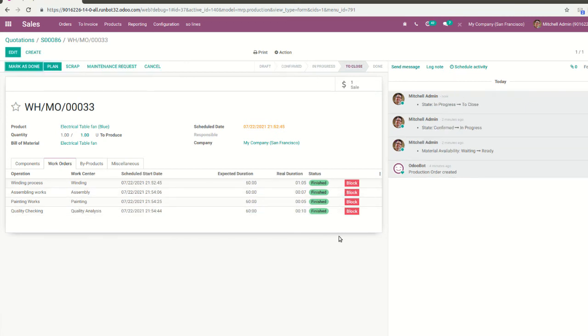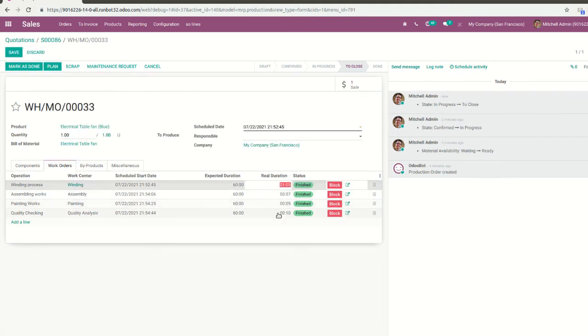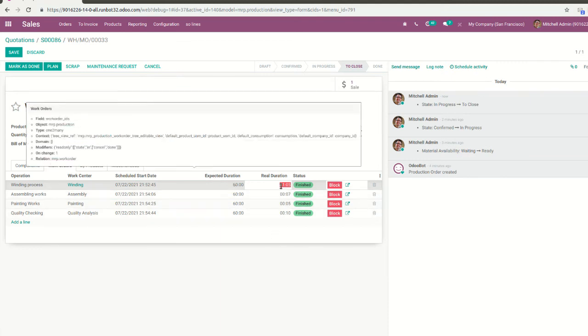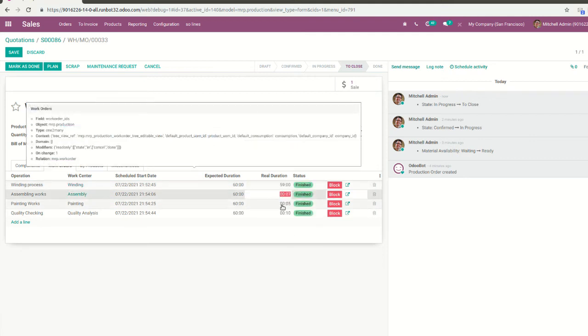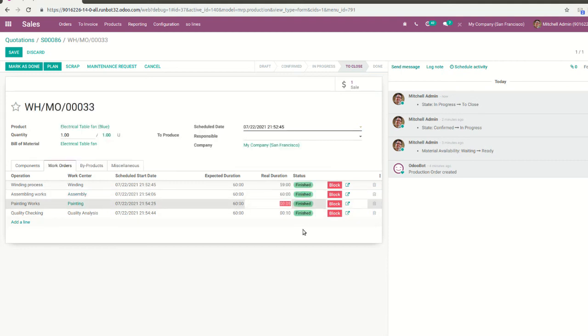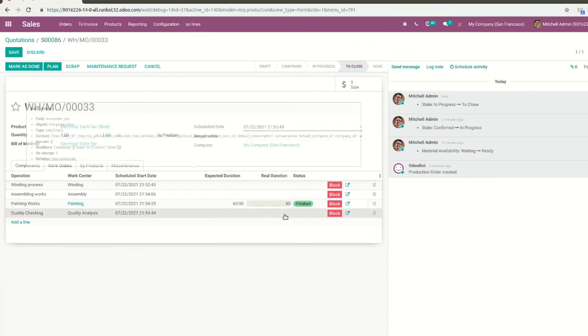So we are also able to change the real durations. So the 60, first we are able to change it into 59. I put it as 60 hours. Sorry, 60 minutes. It's a real duration.